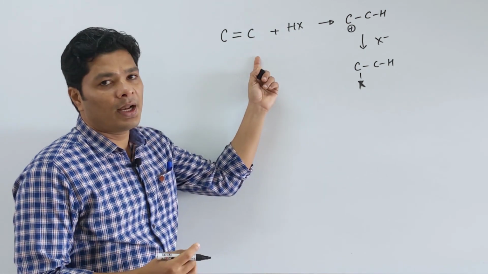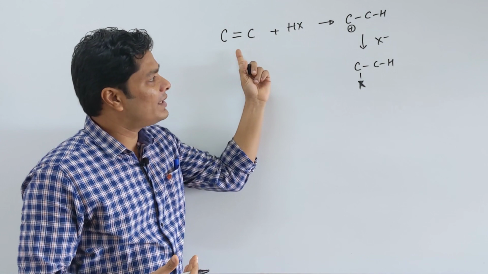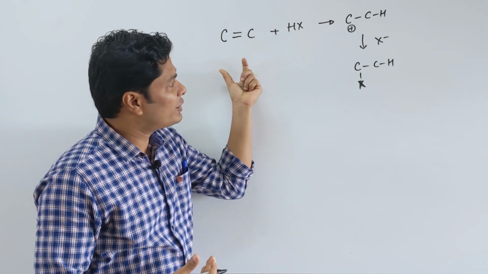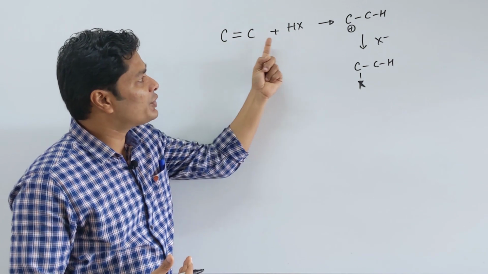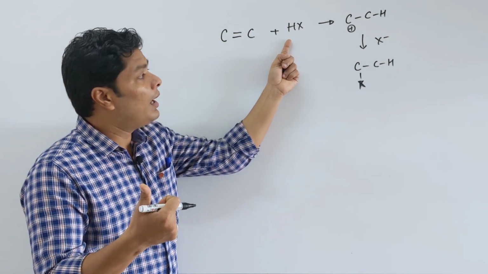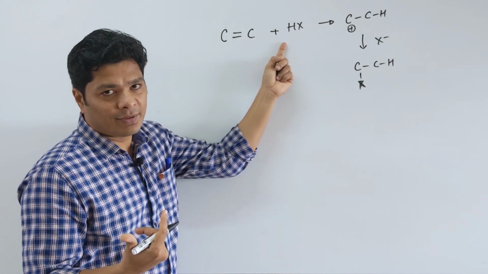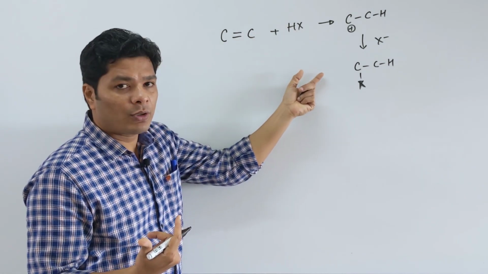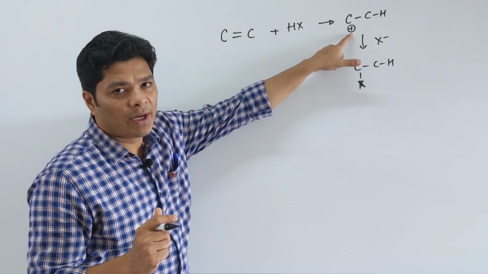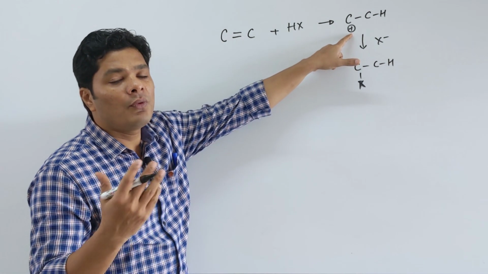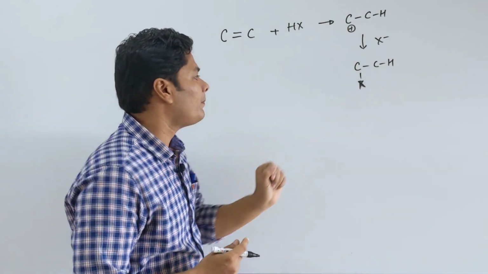We have seen this in your alkene hydrocarbon lecture. You can go back and see, we have done many examples over there. I am just going to give you the template over here. Now what we have seen there is it proceeds through addition of H plus. So it's an electrophile and I'm adding to a double bond. So it's an addition reaction, electrophilic addition reaction. But one thing you want to be sure of is the moment you form a carbocation, you are going to end up forming a more stable carbocation, that is a given.